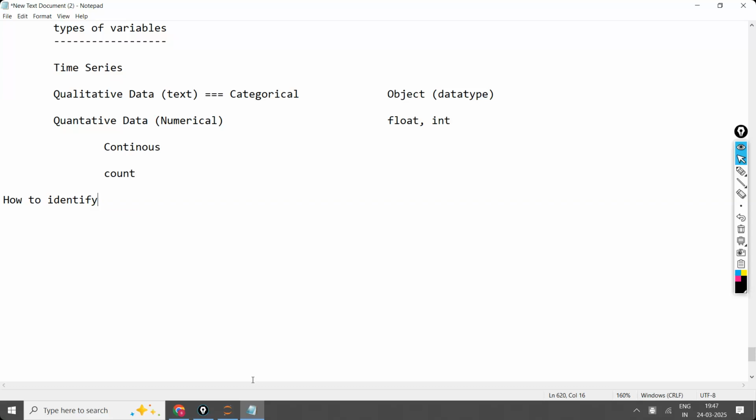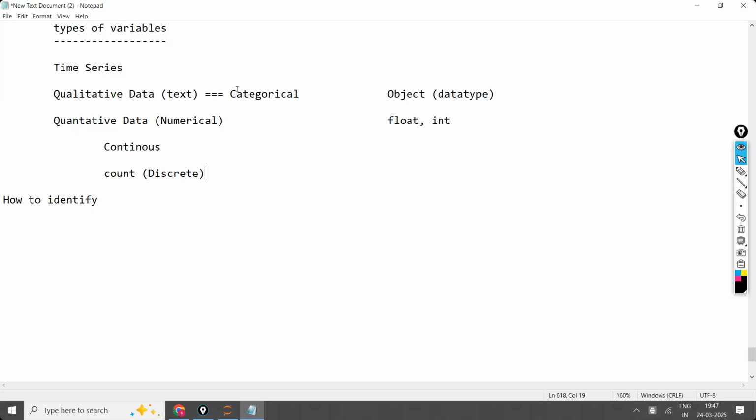Sir, what happens if I assume this one as that one or that one as this one? Everything will change. The complete analysis will change. Sir, that much of a difference is there? Yes, because count comes under discrete. So whenever it comes under discrete, the plots we are going to apply will be different. For a discrete variable, the statistical measures are different, and for continuous, the statistical measures are different. So we cannot apply the same.